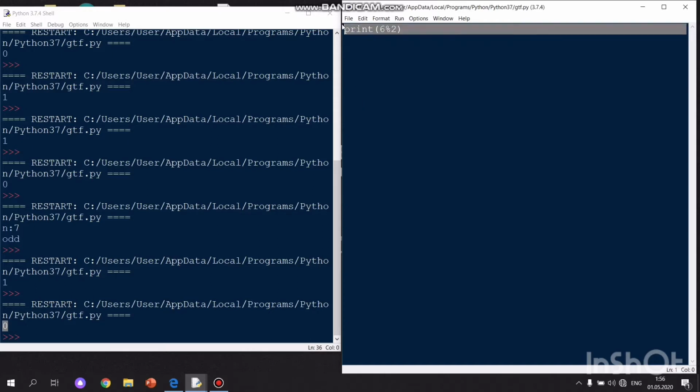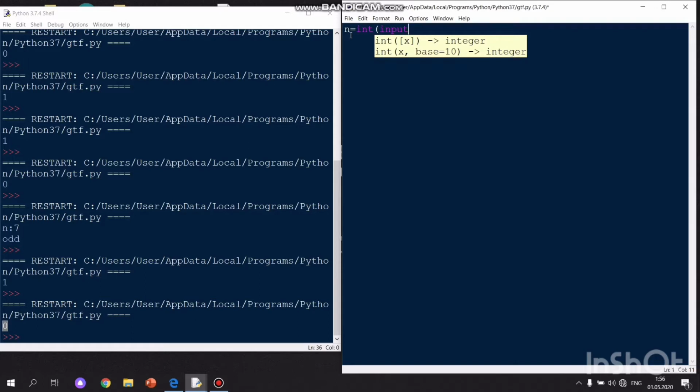So let's have a look at our exercise. For example, n equals integer input, and always close the brackets. But first of all, we need to check whether it's positive or negative. So, if n greater than 0, so if n